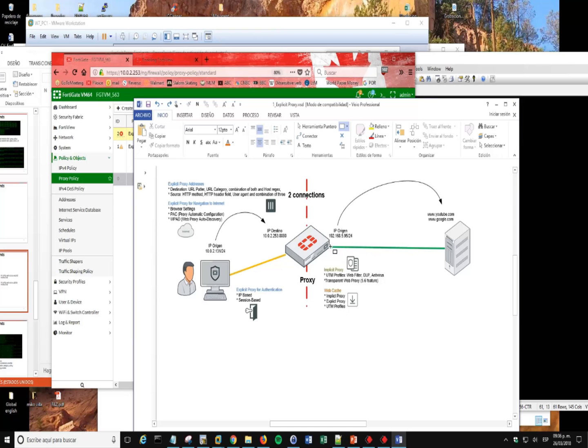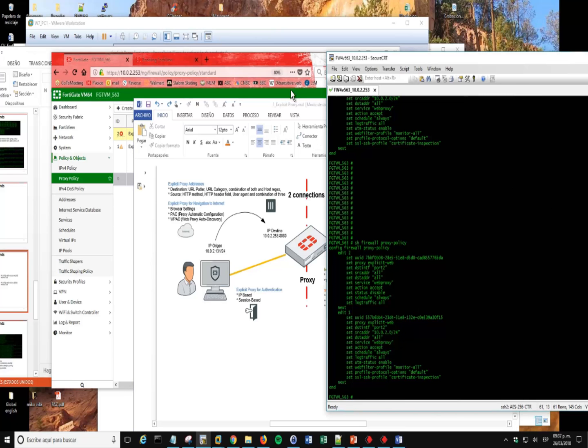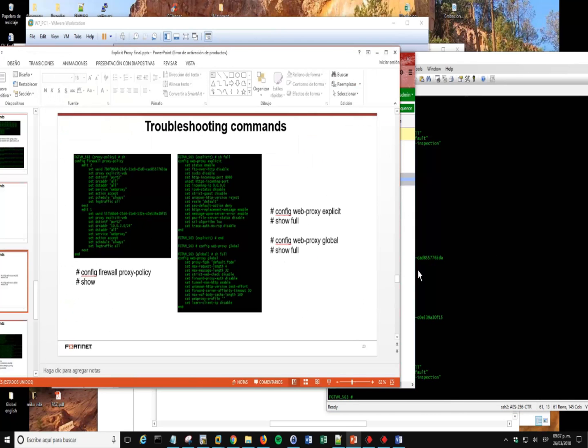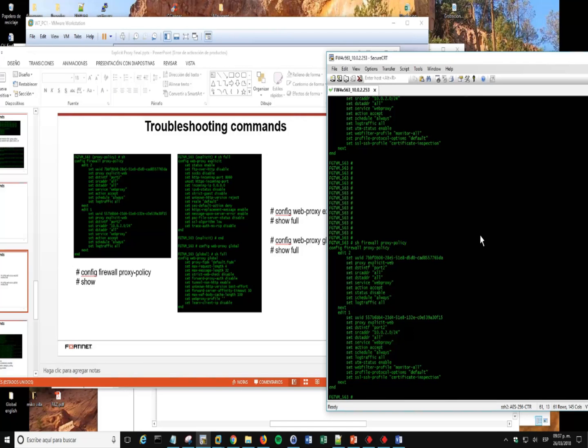Or even though the best option is to use this network connection to a PC to check that there are no problems that sometimes can be in a black or white list. Maybe this server is having protection through a blacklist of IP addresses, and that would be an idea of how to troubleshoot that. Okay, and after that, here we can check the firewall policy, and as I was saying, the config web proxy